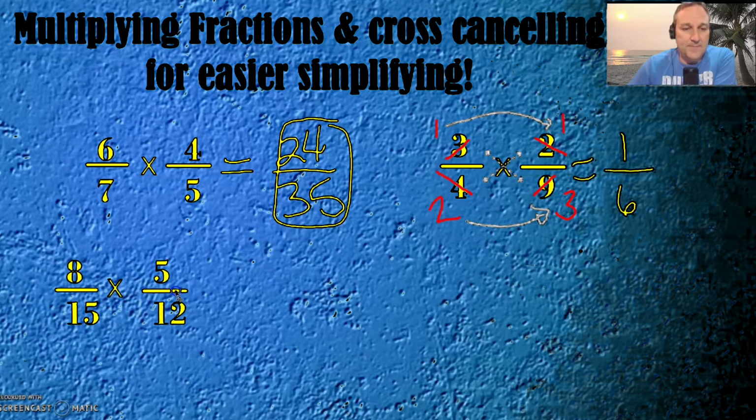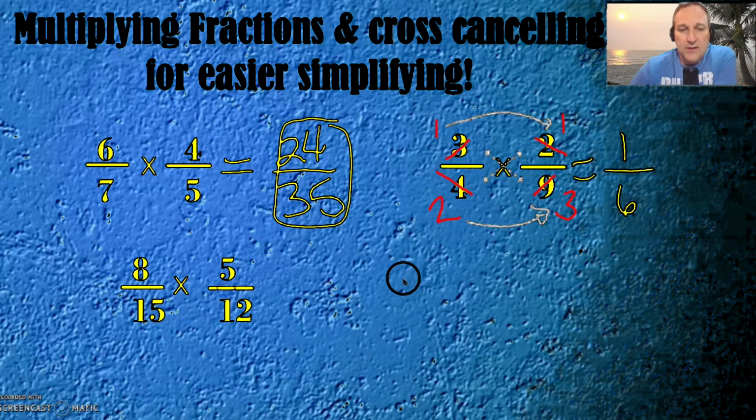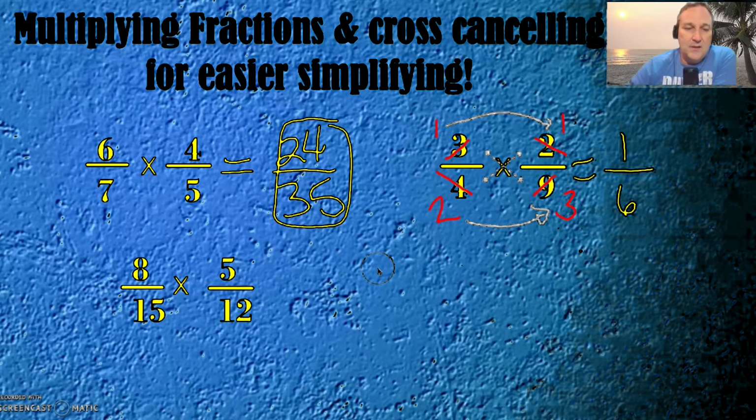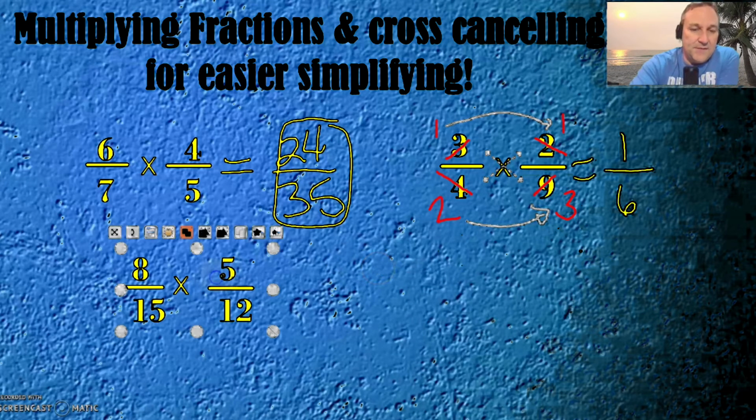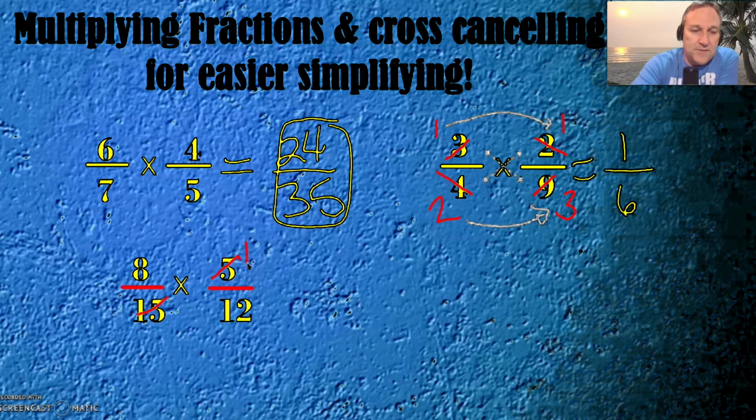Here's another one. 8/15 times 5/12. Now, let's look at cross-canceling if we can. Let's cross-cancel all the ones that we can do. For instance, let's start with the 5 and the 15. I think it's fairly obvious that we can cross-cancel with those, right? So let's do it. 5 and 15 both divide by what? Yeah, 5 exactly. And we end up with 5 divided by 5 is 1, and 15 divided by 5 is